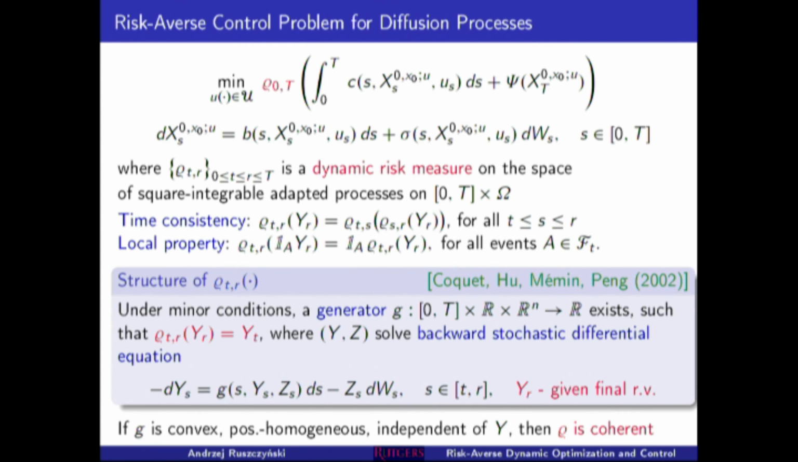So all risk measures that satisfy these conditions, with little technicalities, are given by backward equations. And if we put the driver convex, positively homogeneous, independent of Y, then we obtain coherent risk measures. Okay? And then